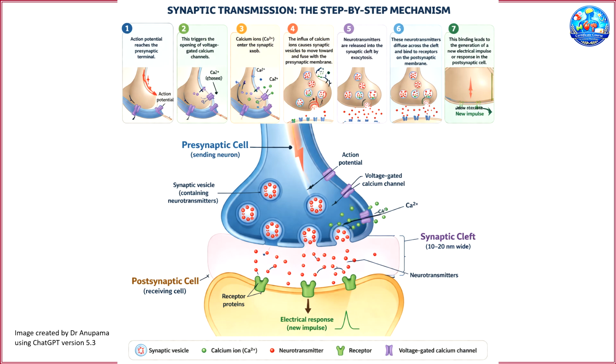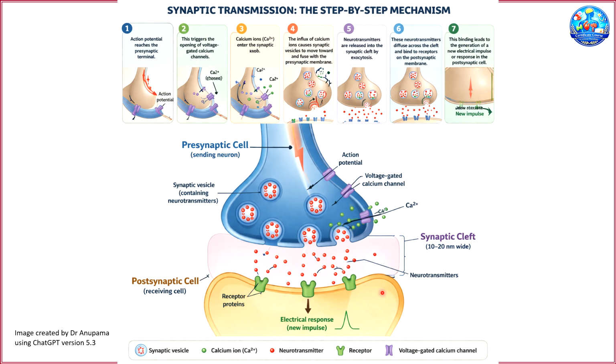To summarize the sequence of events, as the action potential reaches the presynaptic membrane, the voltage gated calcium channels will open, allowing influx of calcium ions. As the calcium ions are entering, the synaptic vesicles which have the neurotransmitter move towards the membrane and release the neurotransmitter by exocytosis, which travels along the synaptic cleft and binds with the receptors on the